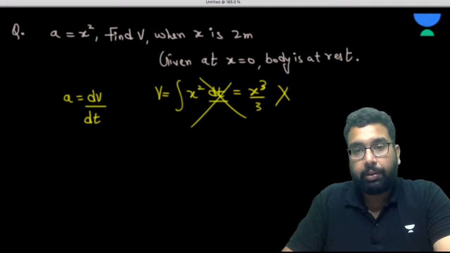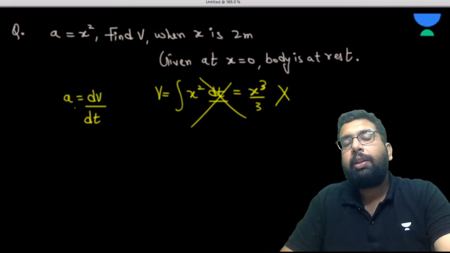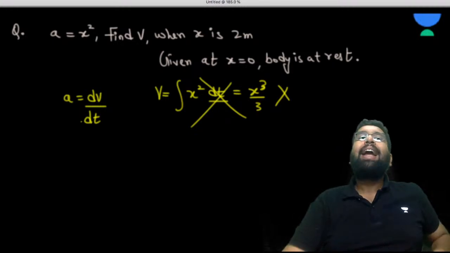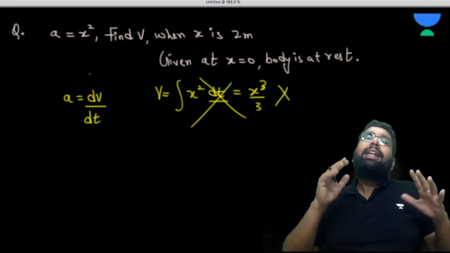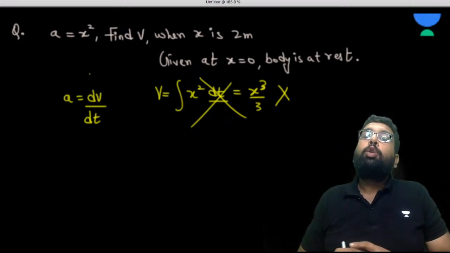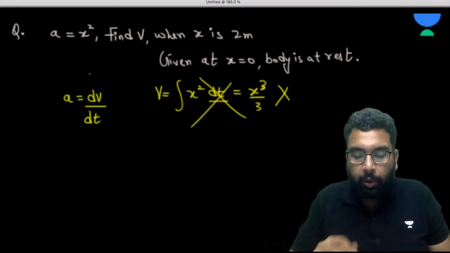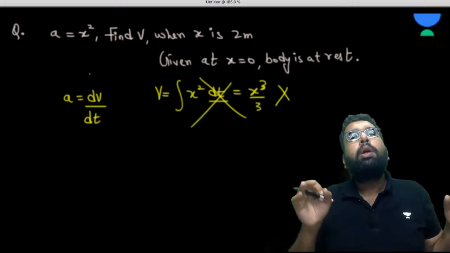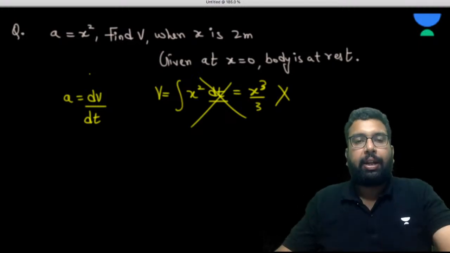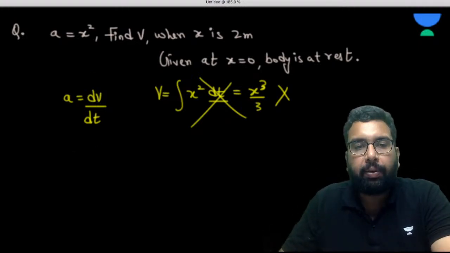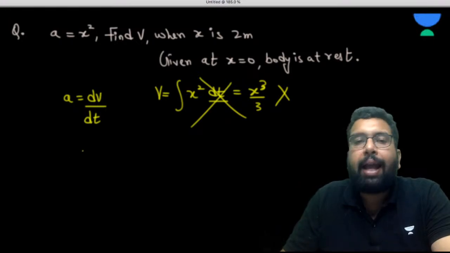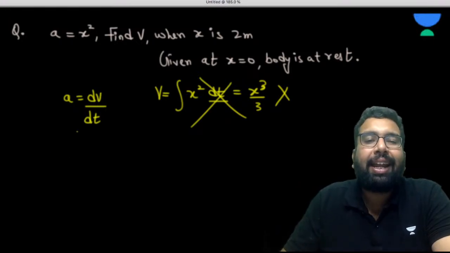Okay. Now sir, what to do? So sir, see, what can we do? So x is what? When x is 2 meter, then x refers to the displacement here. Do you agree? X refers to the displacement here. So when x refers to the displacement here, can I write this equation